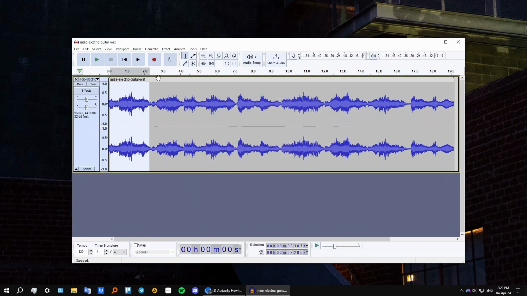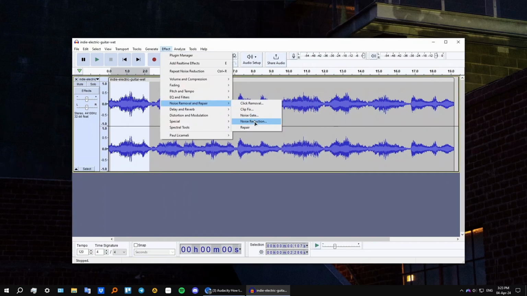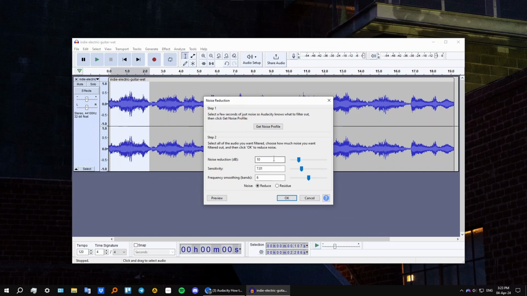Alright, just click on it, go to the noise reduction again. And from here, the most important setting is the noise reduction in decibels. So you also can preview. There's a preview button, right? So for example, I will press the preview. Now it plays back my file, and if I increase, for example, my noise reduction to 20 and then click preview,